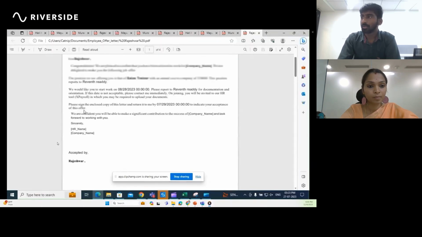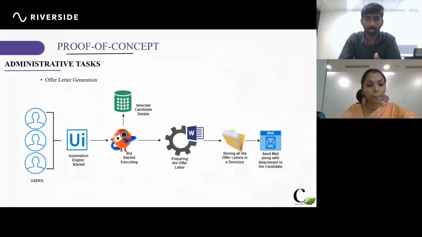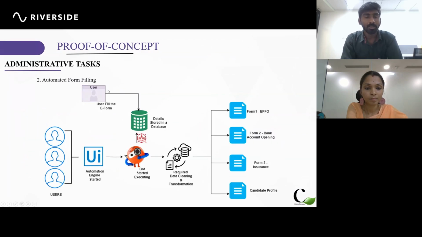So this is a small demo on offer letter generation. We can leverage it to any extent with multiple levels of approval, and we can do calculations for the salaries, which have to be mentioned in the offer letter, right? So let's quickly dive into the next process: automated form filling. Once the offer letter is generated, obviously he will be onboarded into our company in